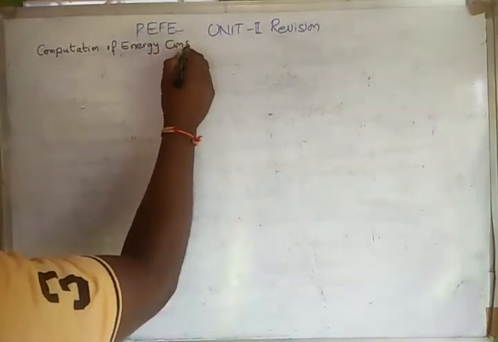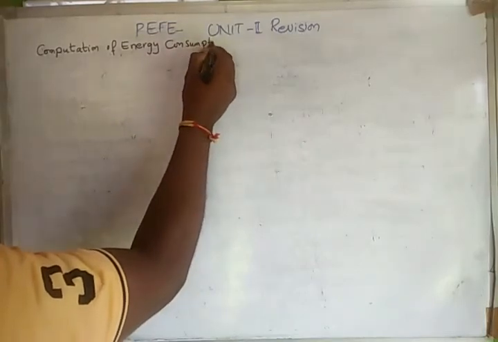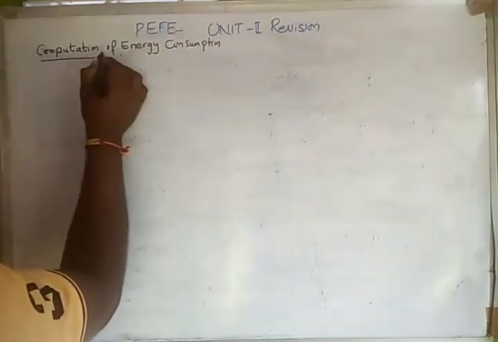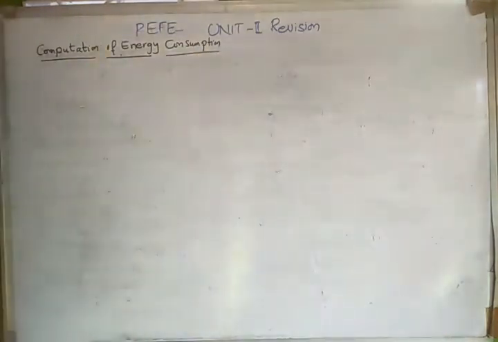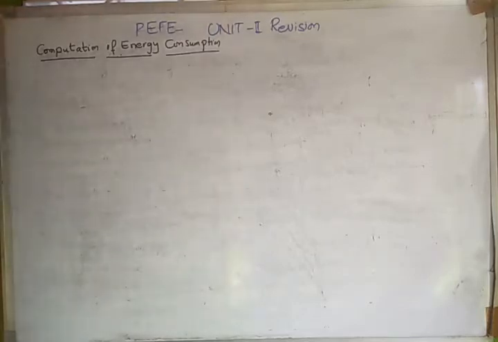Energy consumption. Definitely, all of us are using electricity. Generally, electricity is expressed in units of wattage. Every domestic or industrial application consumes some energy. In this topic, we are going to express how much energy is consumed by every equipment, how this is calculated, and how the electricity bill is calculated.